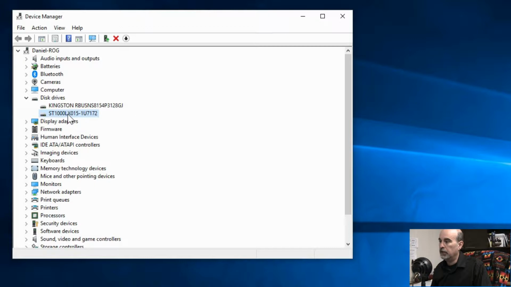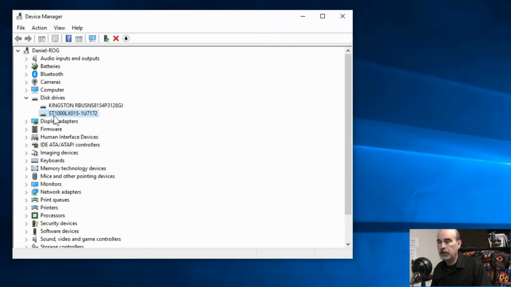And here it's got a code. What you can tell with some of these, which makes it helpful to know, is if it starts with ST, it's usually Seagate Technologies, so we know it's a Seagate hard drive, but it could also be another brand.